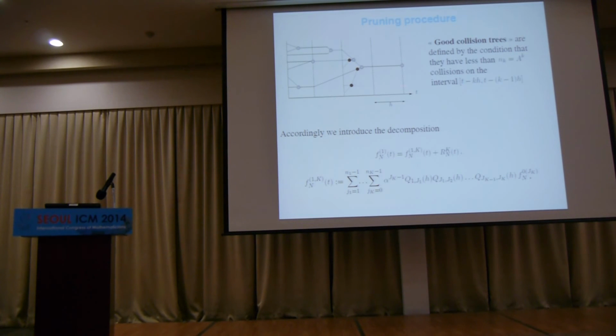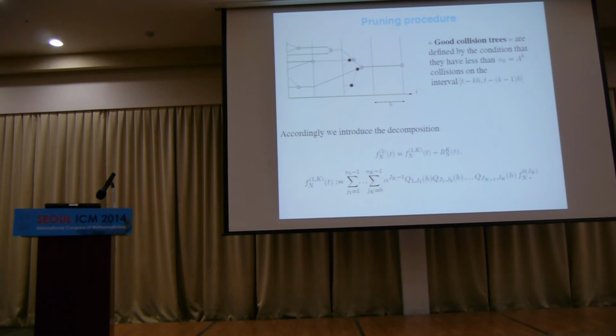Okay, why is that a remainder? Well, simply because every time you have a collision kernel, you're paying a constant to the power of the number of terms you have. So double exponential in k, actually. K is the time step. Okay, but on some small time step, I have too many particles, but the time step is small. So I have a time step to the power of the number of particles I arrive at. Okay, this is very small. And I know I can stop my tree at this point here, and I know the size of my solution here is the same as the size of the solution here. So all my constants are the same.